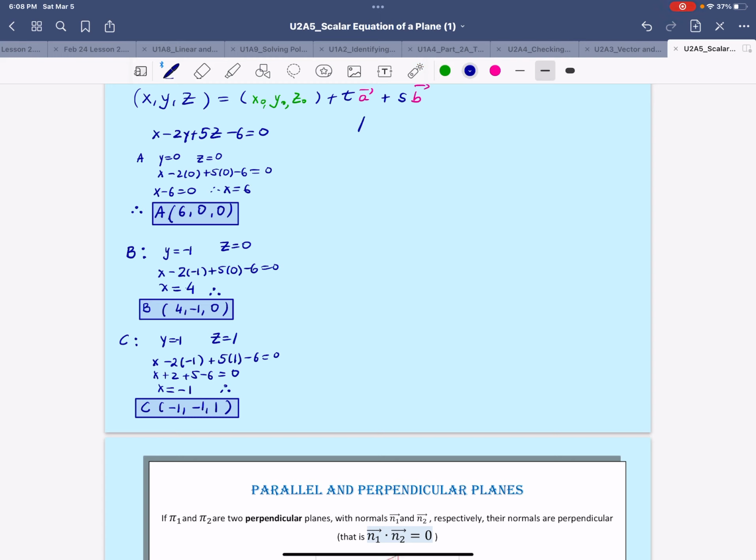So if we have coordinates of 3 points, A 6, 0, 0, and then we have B 4, negative 1, 0, and C negative 1, negative 1, positive 1,